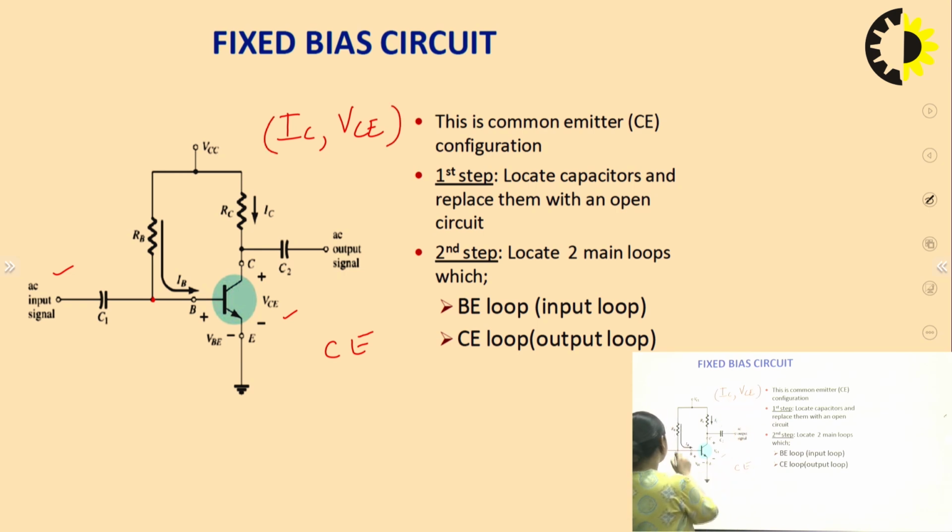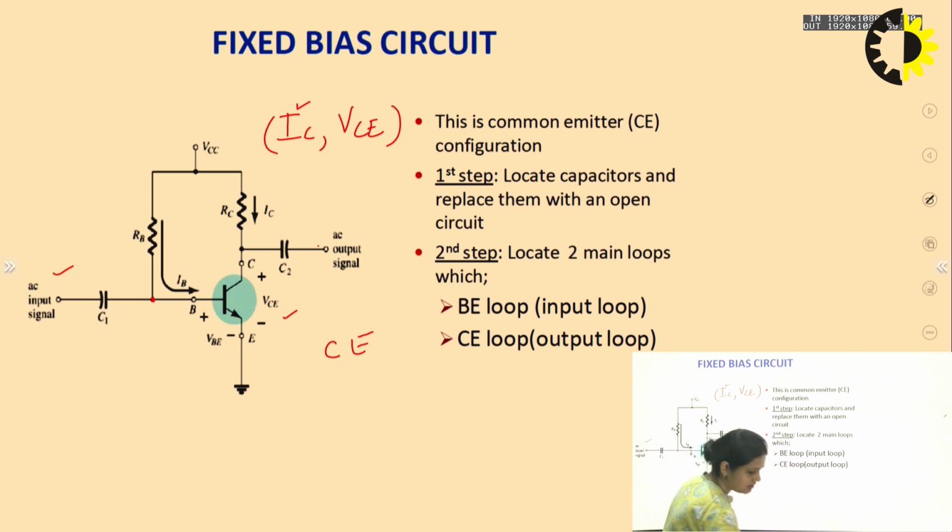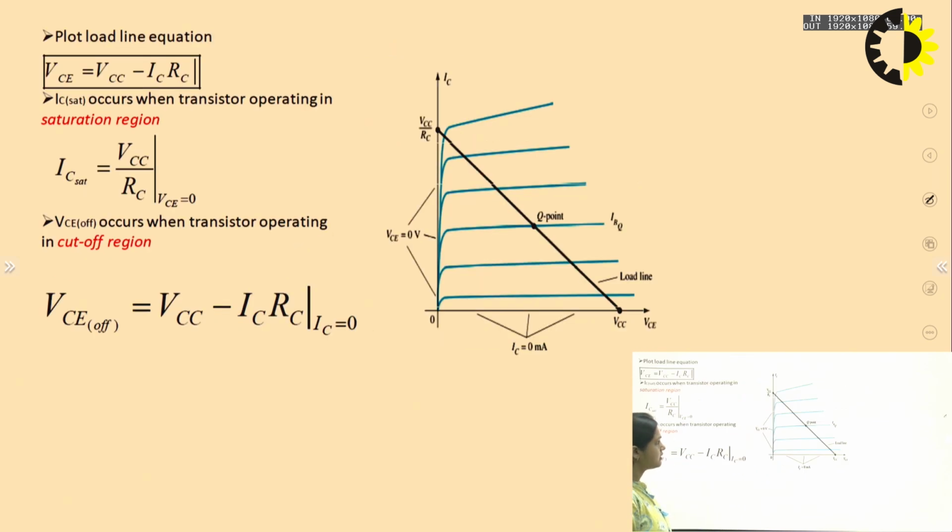So if I fix the base voltage in this technique, it can be seen that the output IC is fixed. If I fix the value of base voltage, IC is fixed, and this IC will generate a fixed value of VCE. So in fixed biasing, the output current and the output voltage are going to be at fixed values. Here VCE can be given as VCC minus ICRC.